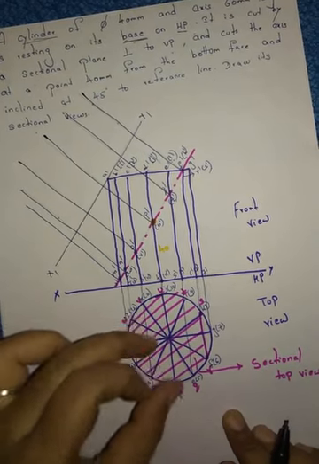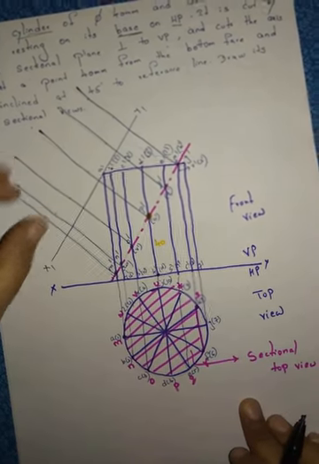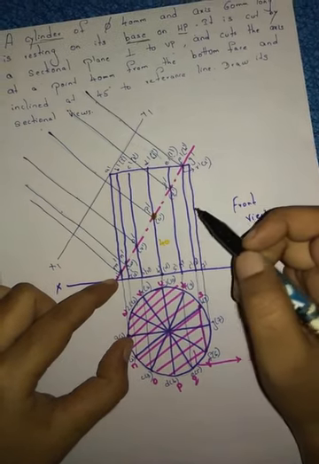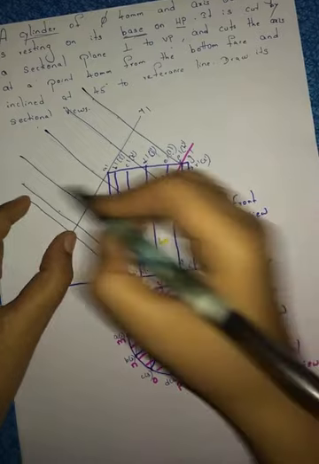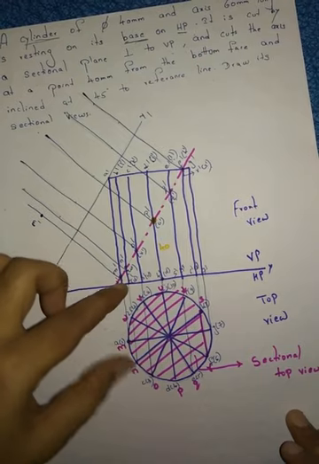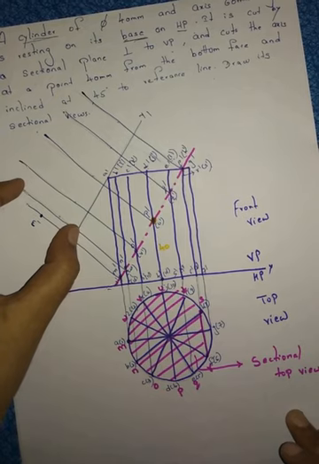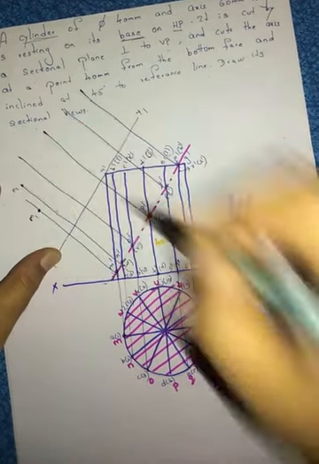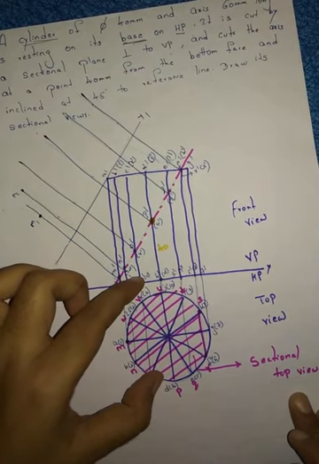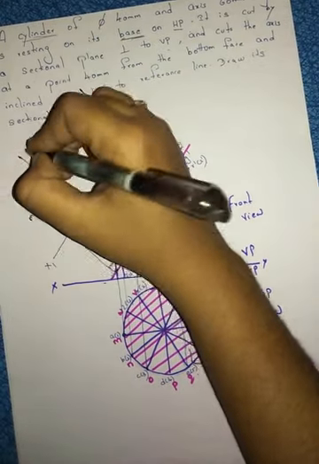Whatever shape you are getting here, the same shape you will get here as a true shape. Right? So, how will you mark the points? From the reference line to M point, take this distance with the compass. Keep your compass on the new reference line. Mark the point here M1. From the reference line to N point, take this distance. Again keep your compass on the new reference line, end point. From the reference line to O point, take this distance with the compass. Again this is the new reference line. Name this point as here O.